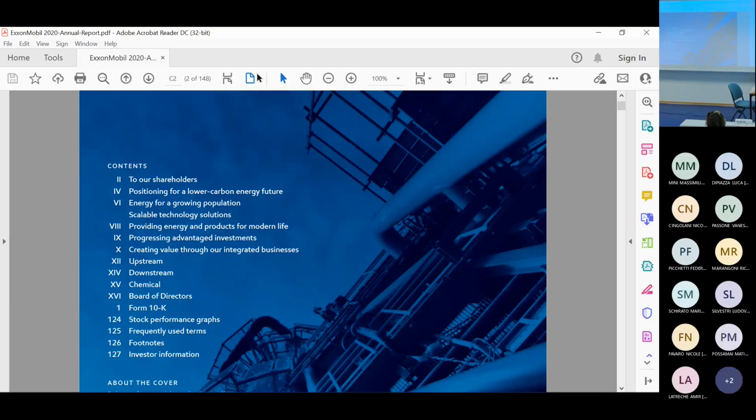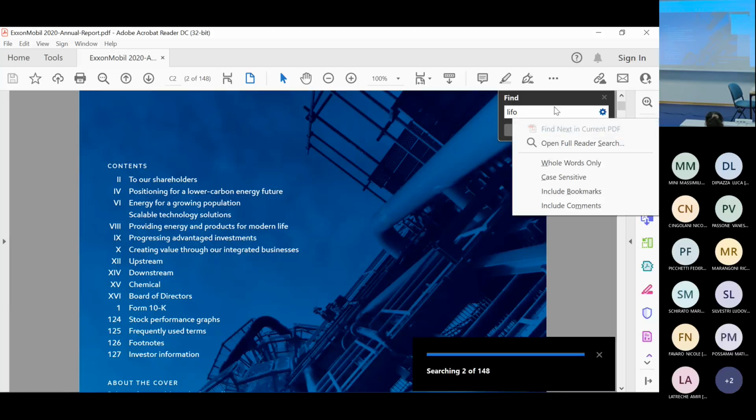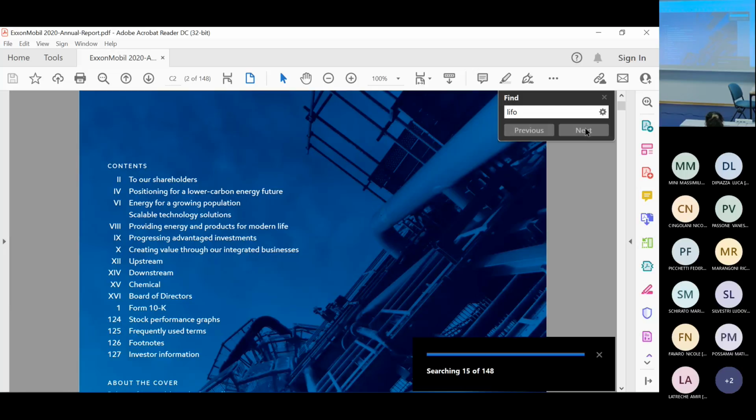companies reported very large amounts of LIFO reserves. Right now it's a little bit less relevant, but let's say 10 years ago or 6 years ago, it was really a large amount. So let me find the